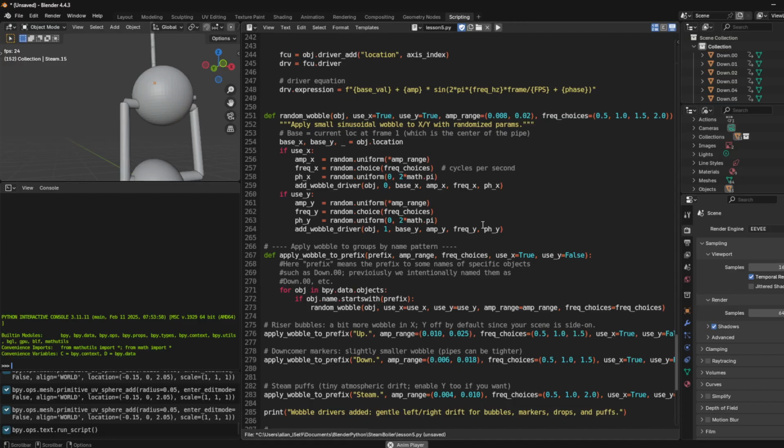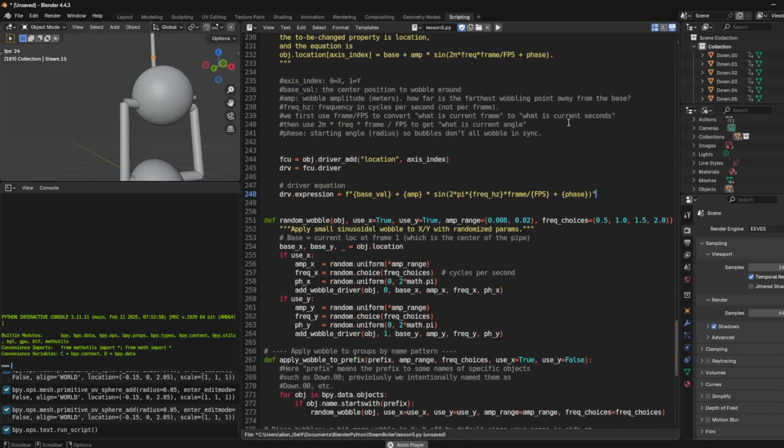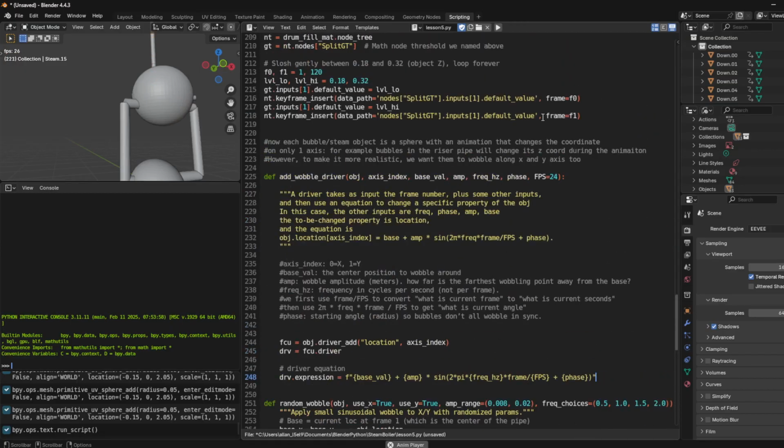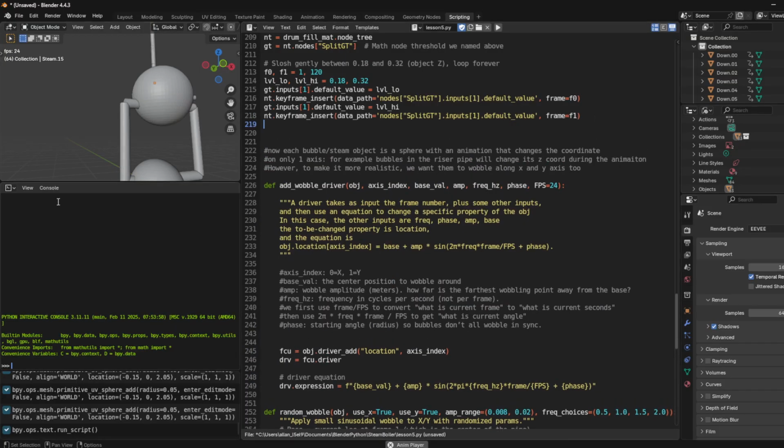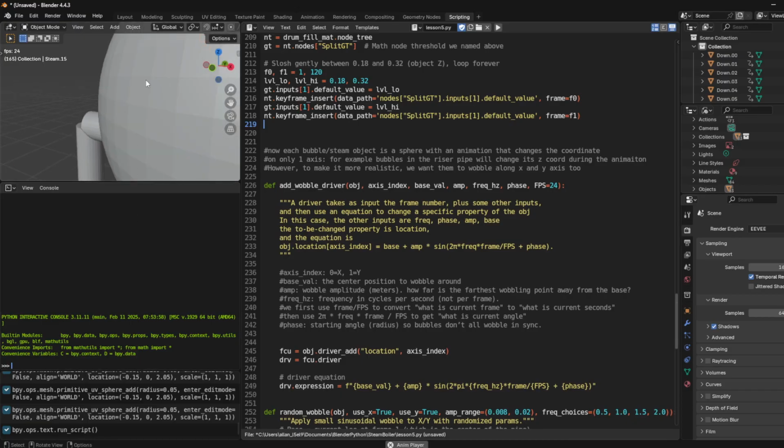Wait, actually, let's do this over here first. Because I also want to repeat the water going down and back up. Add cycles repeat, nt, and then this is our data path, nodes, same thing,